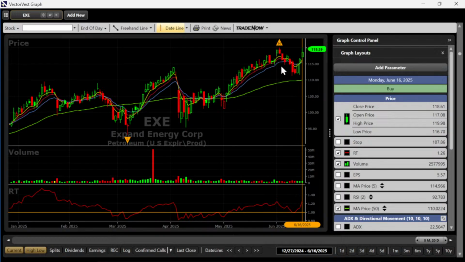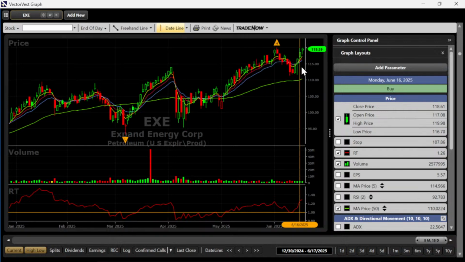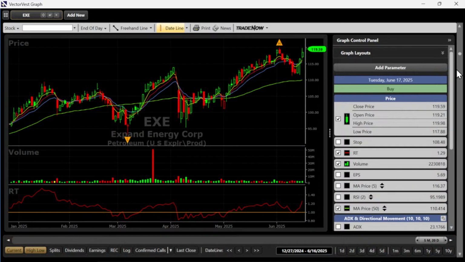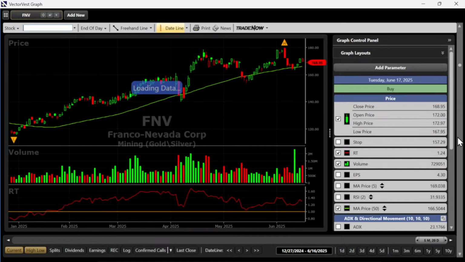You know why that's important? Because of the pullbacks that we're trying to recognize, these pullbacks back towards the 50, which give us the opportunity for the squeeze and then the release. These pullbacks will likely be just pullbacks because you're in the midst of a strong longer term trend. And then you take the trade today on follow through. So 3 for 3 so far in the top 3 stocks that we've looked at as of yesterday's close based on the EMA squeeze. Let's look at this one.